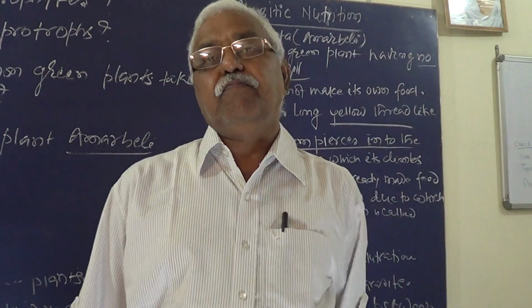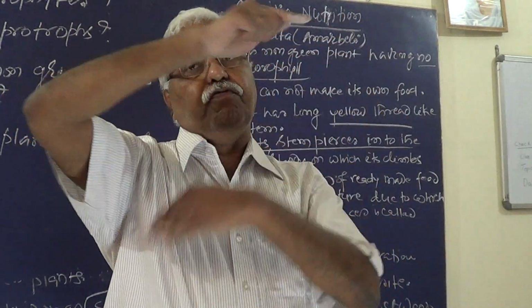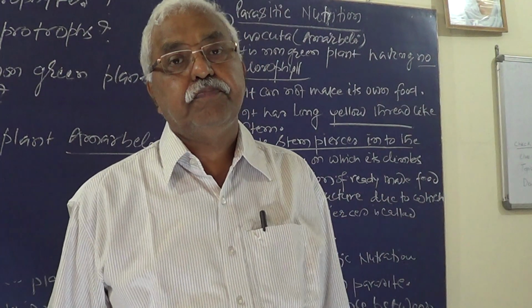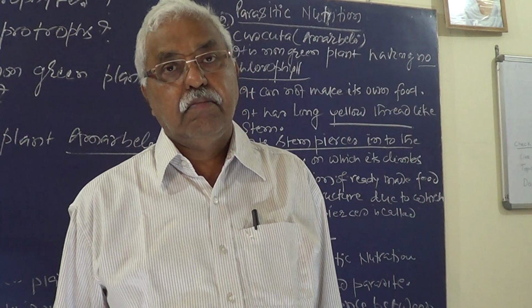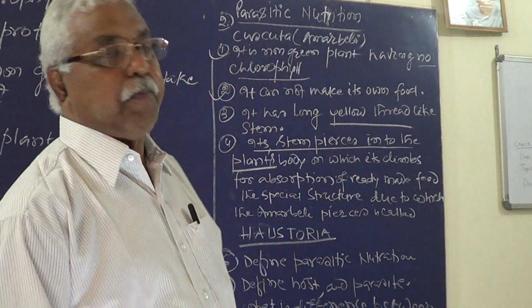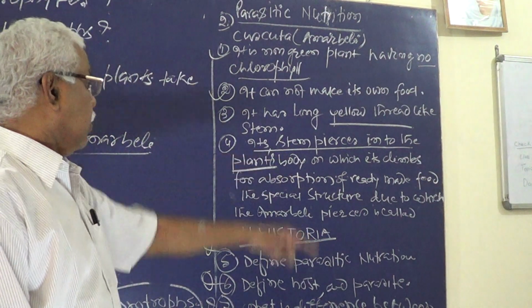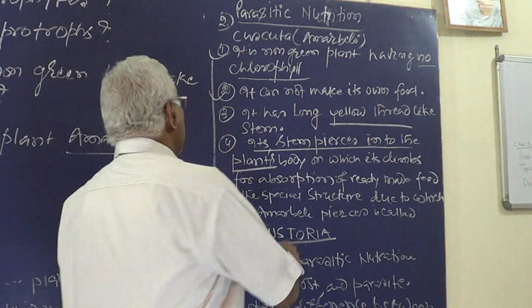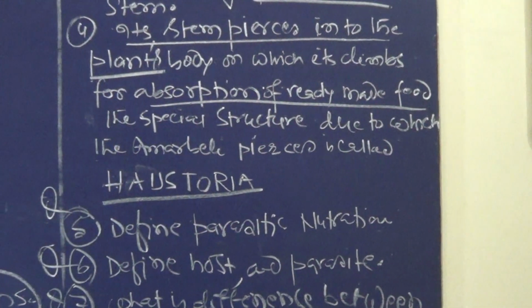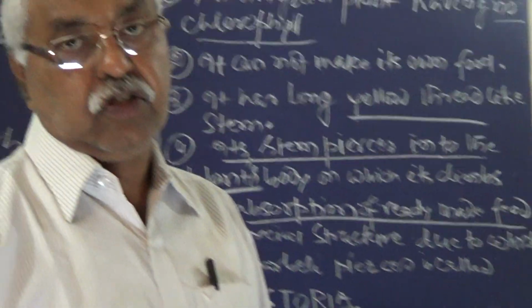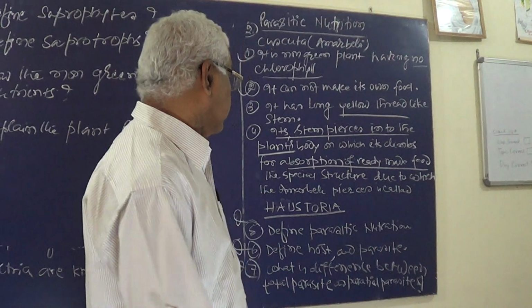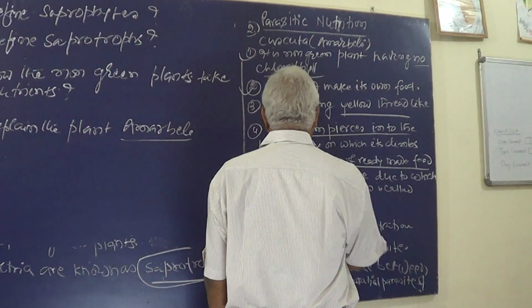You throw the Amar Bail, and it will revolve around the plant's stem. It pierces into the upper skin, and it takes the food from that plant. For the absorption of ready-made food, the special structure with which the Amar Bail pierces is called